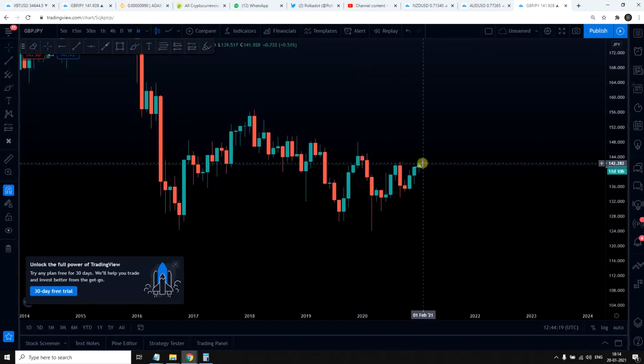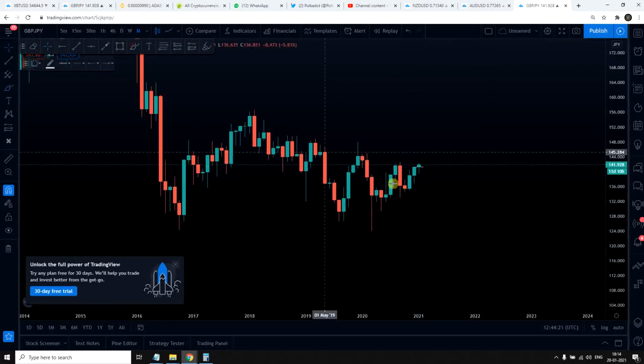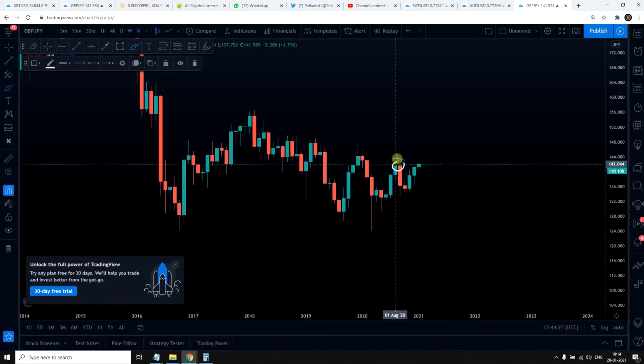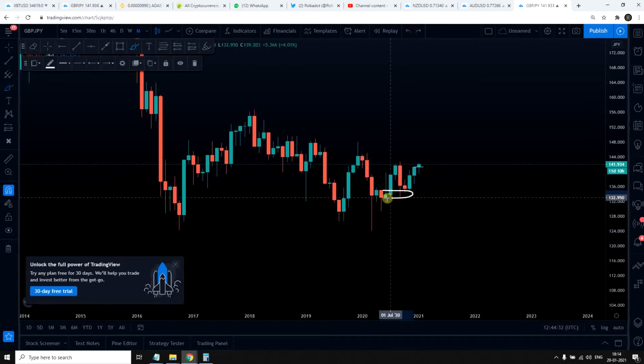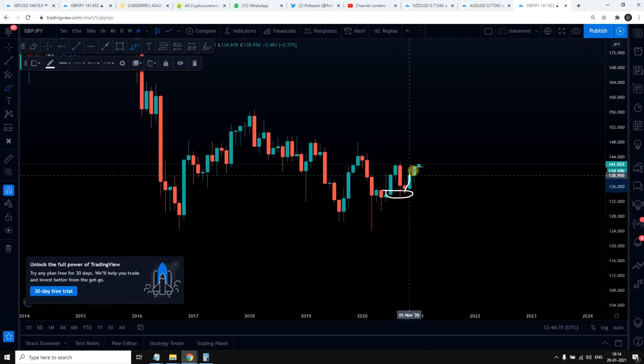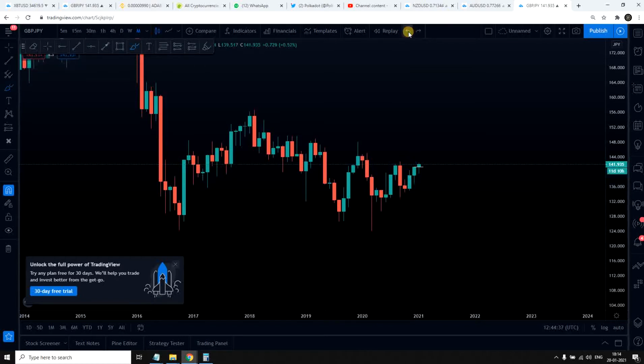After that the market previously made a lower high at this level and got pulled back again. With the help of the trend line and the supply demand zone, again from this level the market got support and got the pullback. So what next? If the market breaks this previous high, which is around 142.718, then of course the market is going to make a new higher high.